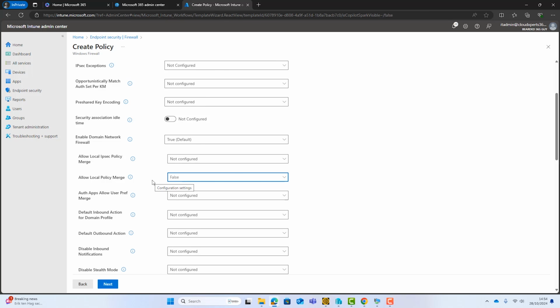Everything has to be done via Intune. Now this is better for security, but you might want to tread carefully because it might cause some problems if you just switch this on and you've got some applications relying on certain firewall settings. So that is the recommended for security.